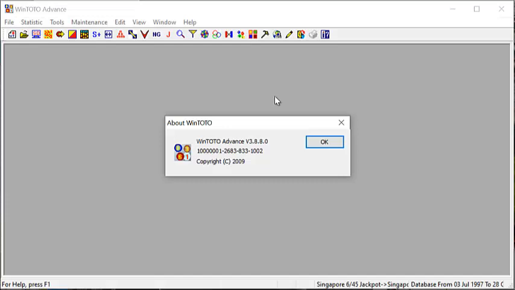I can only think of two reasons why you haven't upgraded. Firstly, you may have overlooked it. Secondly, you may have overlooked the extension of your WinToto Advance maintenance support, which resulted in you not upgrading. If these are the two reasons, all I can advise is to get it upgraded, because truly the newer version will be of very great help to you.